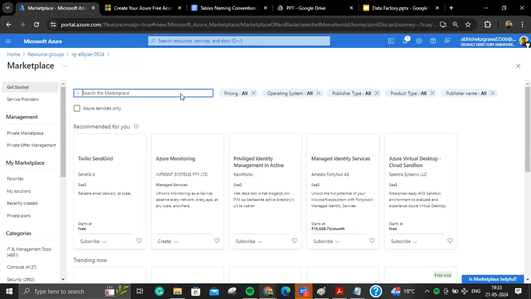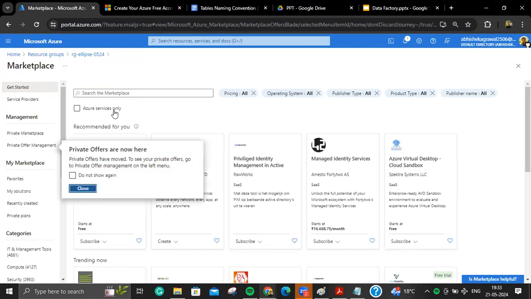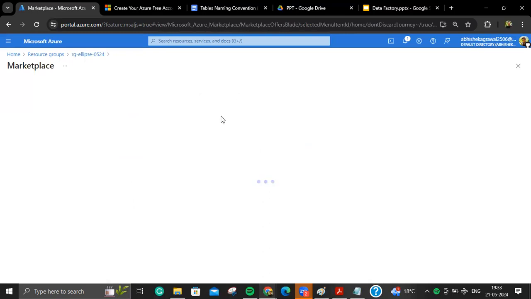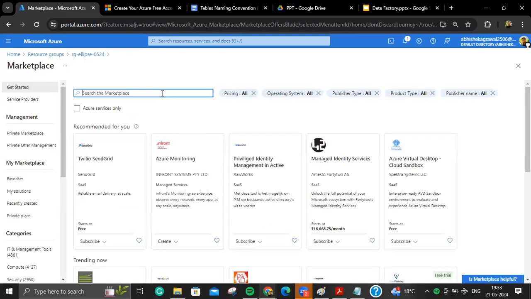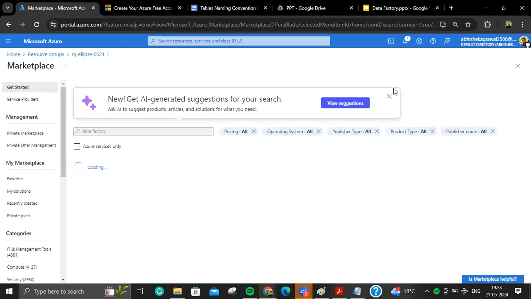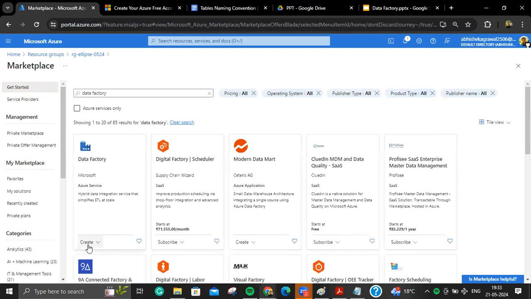Okay, so here you can hit create. And then here you can type data factory, and then you can hit create, right?